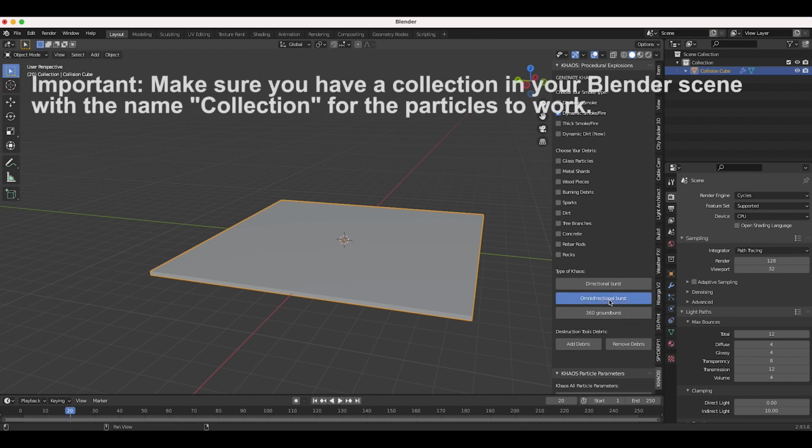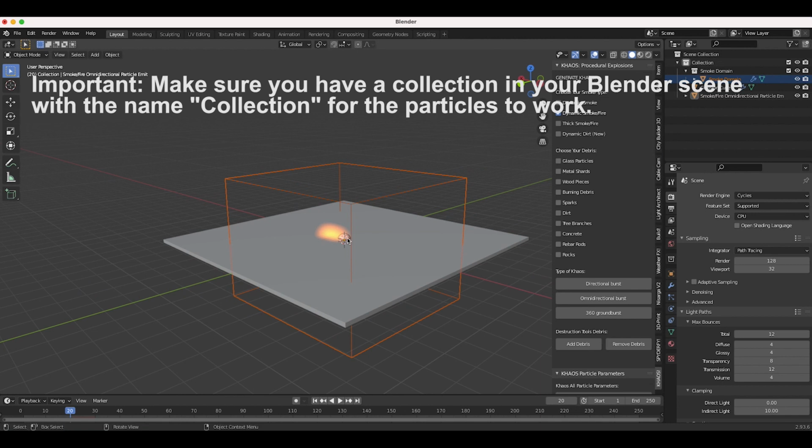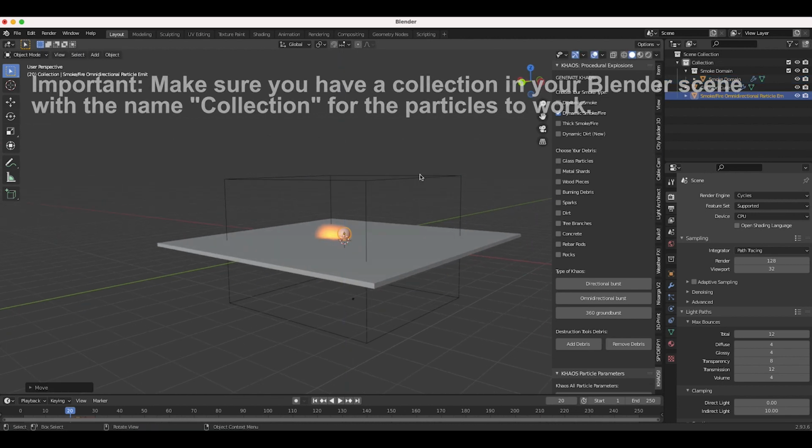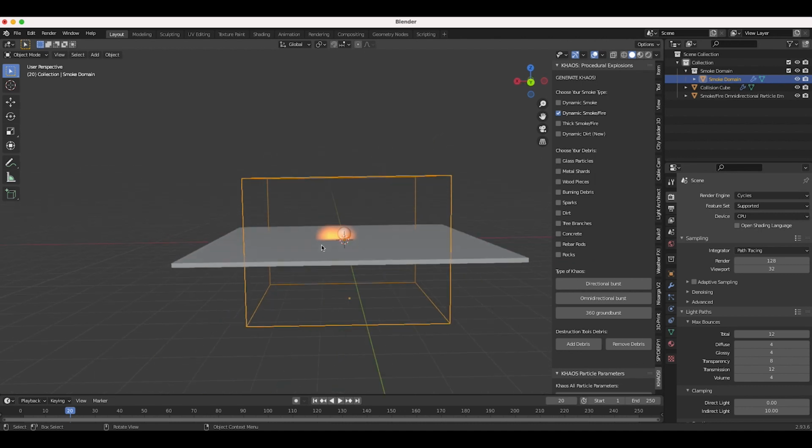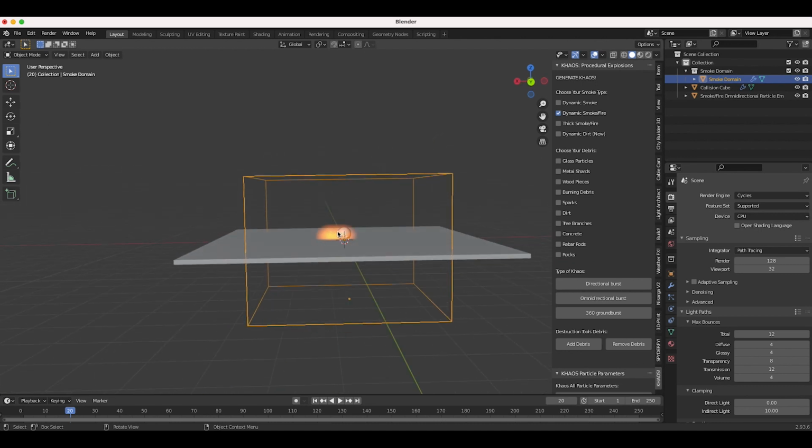So I'll go ahead and select that. And now as you can see here, we have a fuel particle emitter as well as a smoke domain here, which contains our KHAOS fire shader as well as some basic domain settings to get you started with your explosion creation process. Now you'll notice that there's a little fire here in our smoke domain, and that's because we simulated